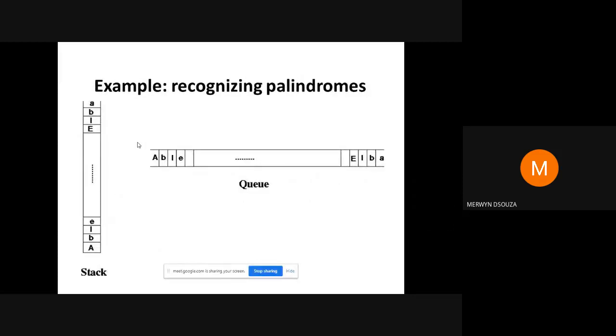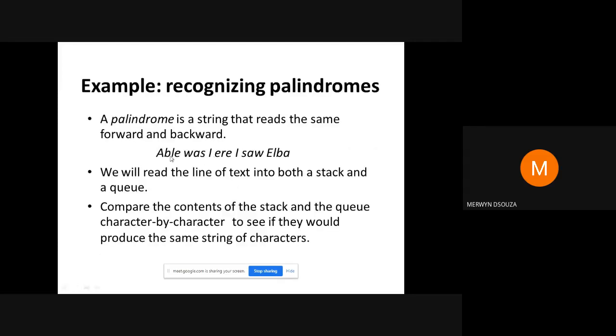So what we are going to do is basically store this. Suppose we are going to write a program for it. How are we going to write it? I'll just tell how it is to be solved, how we are going to detect a palindrome using queues.